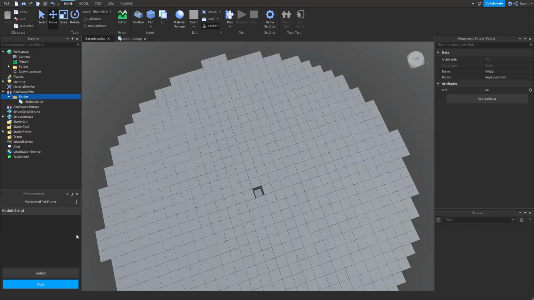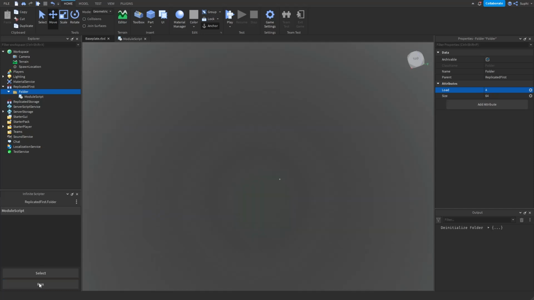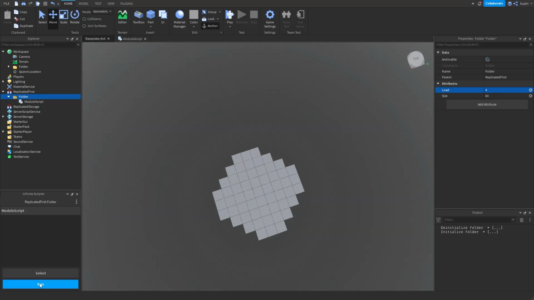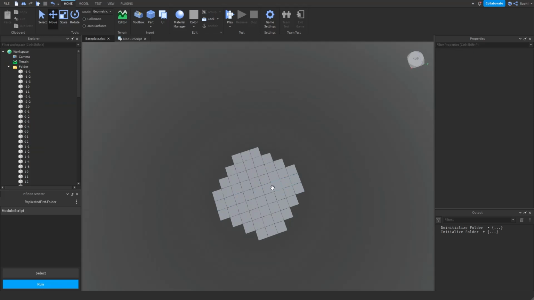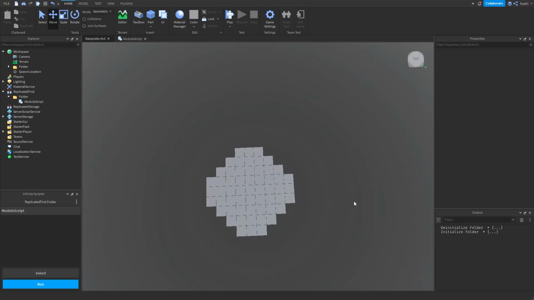So the same way we told the plugin the size of the chunk, we can also tell the plugin how far from the center to load chunks. So to do this, I'm going to add another attribute. It's going to be a number attribute, and this attribute is going to be called load, and I'm going to set it to a value of 4. So if we now turn run off and run on, we should see 4 chunks load from the center. And if I start moving the camera,